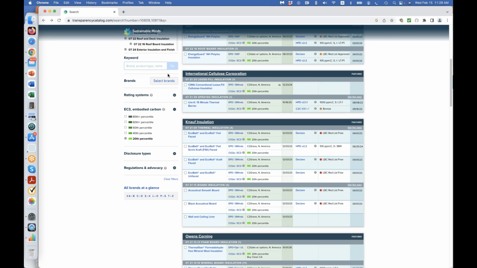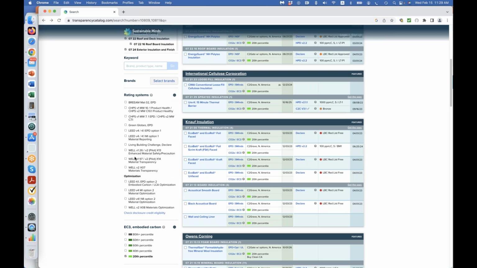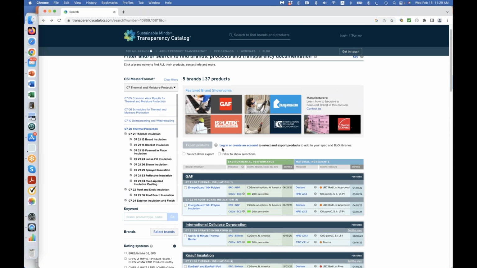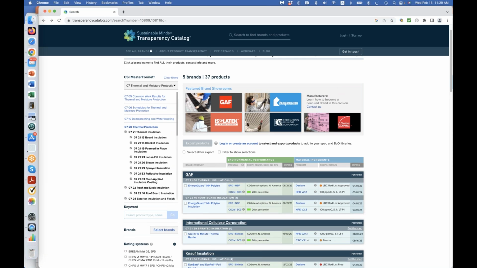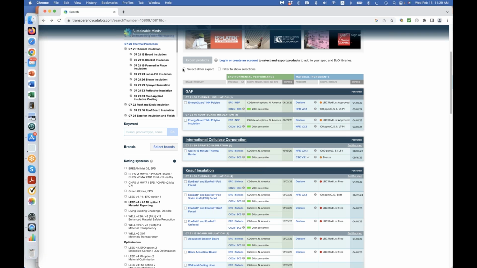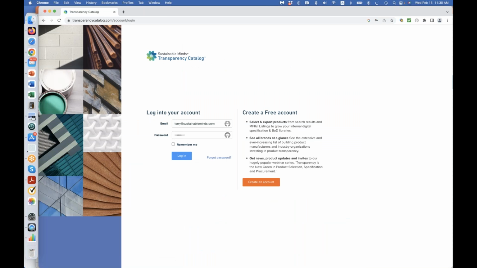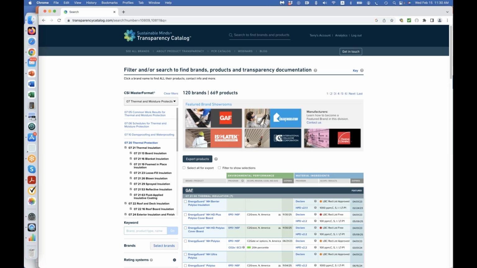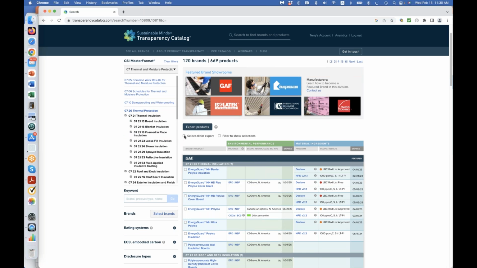So let's say I'm doing my research. I want to filter by some other things. I want to see who else, you know, if those products also can contribute to material ingredient disclosures, credits, and I'm going to use that filter. Now it filters it down to 5 brands and 37 products. And I might say, you know what, I'm not going to do all the research now. What I really just want to do is select all for export. And now when I hit export products, it's going to make me log in. So I already have an account. I'm going to select all for export,